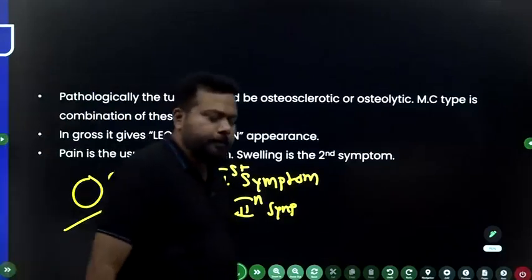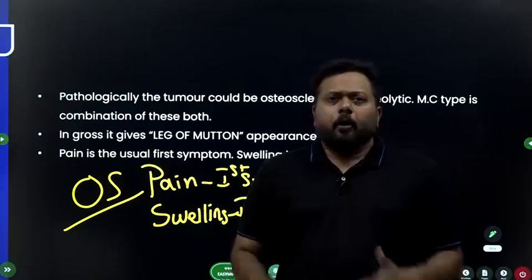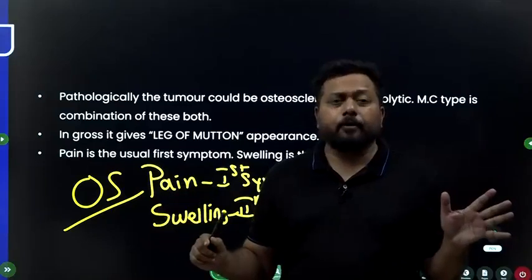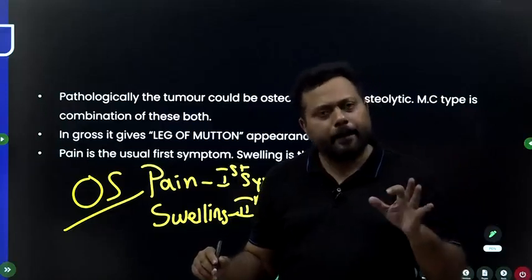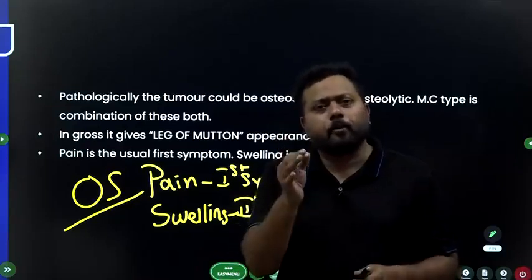Osteogenic sarcoma, I am telling you, dear friends, pain starts much earlier. No history of trauma, nothing, a vague pain around the knee joint in the second decade of life. Don't take it lightly. Please don't take it lightly. Pain is the first symptom. Swelling comes much later. Why I am telling you we should try to pick up osteogenic sarcoma as quickly as